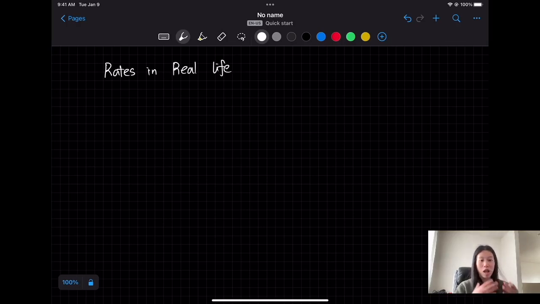The most common rate that you've seen in math is probably the change in y over the change in x, which is the slope of a linear function. And later, as we learn more about math, we know there is this constant rate. We also learn about average rate of change. We also learned about instantaneous rate of change. So the definition of instantaneous rate of change is going to be